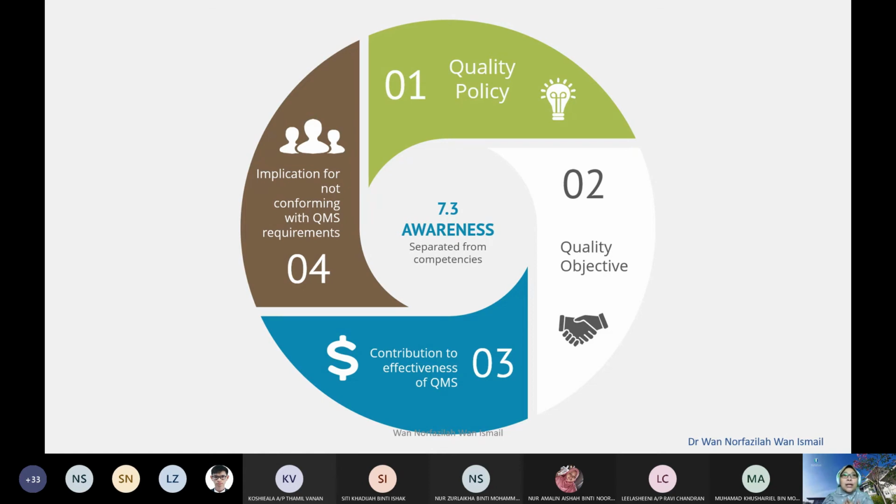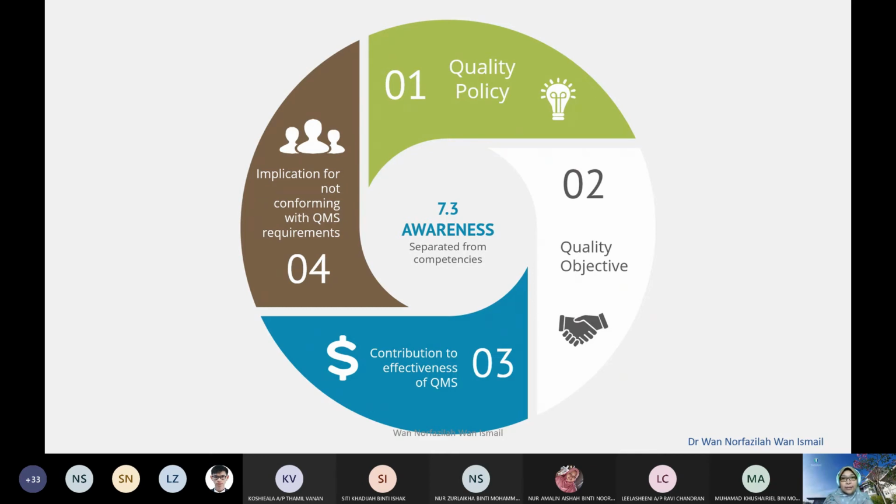So kadang, instead of she cleaning the broken glass, dia minta student yang baru first year baru masuk ni bersihkan sendiri, something like that lah. So they didn't know the implication that might affect the QMS. So dia buat macam tu. Tapi kalau dia aware, if the cleaner is aware of the implication for not conforming to the QMS requirements, then they will do